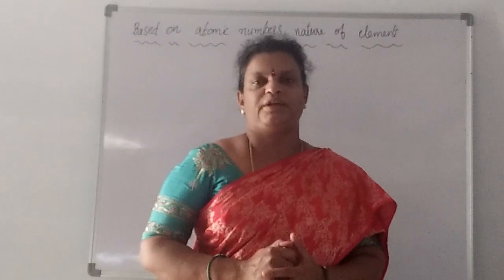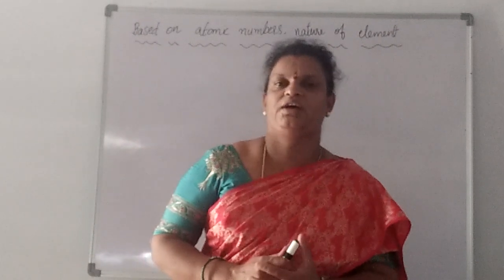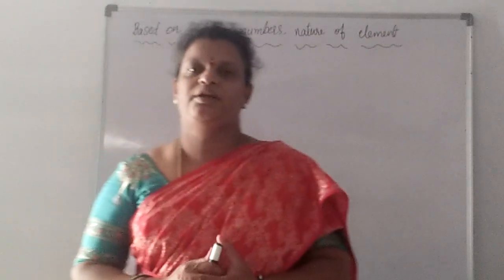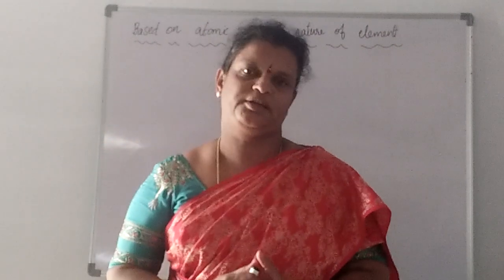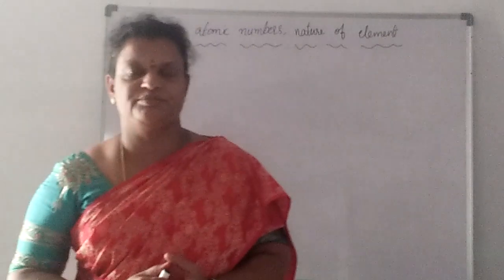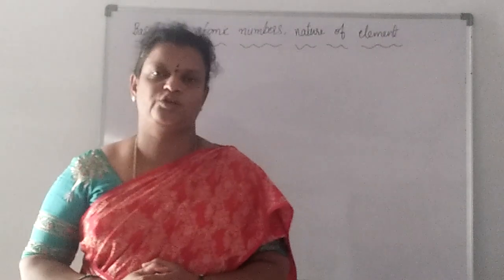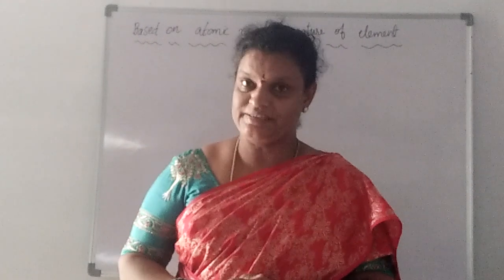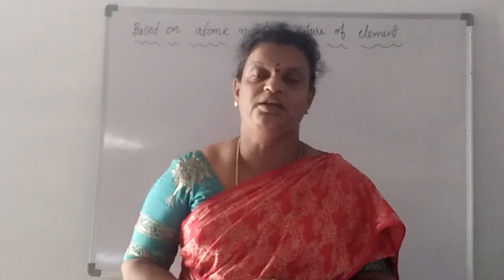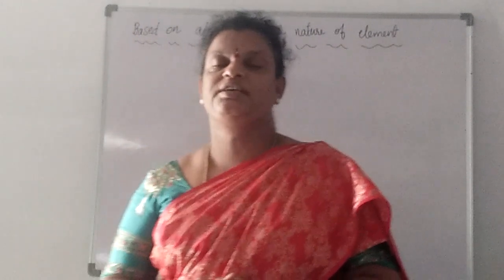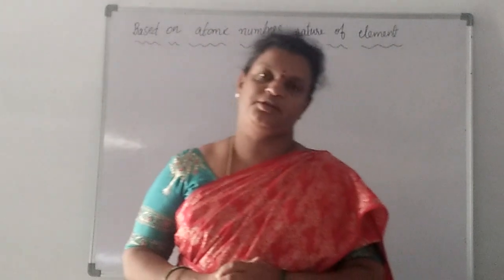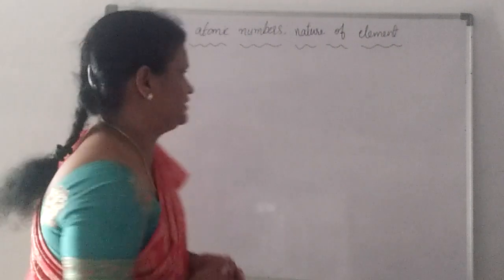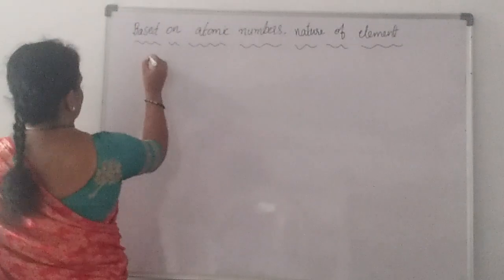So, here I am dealing with chemistry. Today we have a topic here. If you know the atomic number of any element, you can say what the nature of that particular element is. Nature in the sense of metallic or non-metallic, electropositivity, electronegativity. And also, if you know two elements' atomic numbers, then you can very easily say what type of bond is formed between them, either covalent or ionic bond, right?